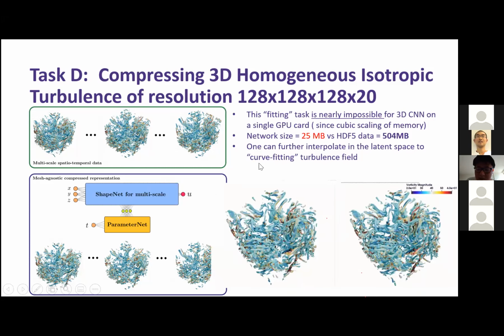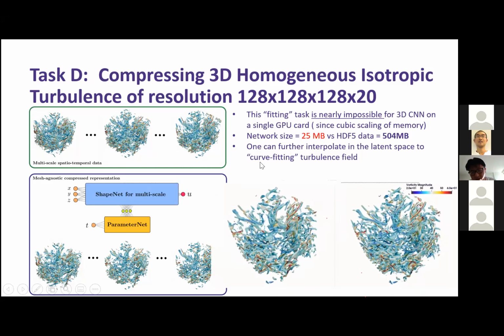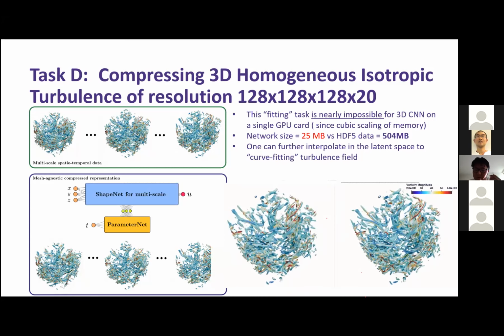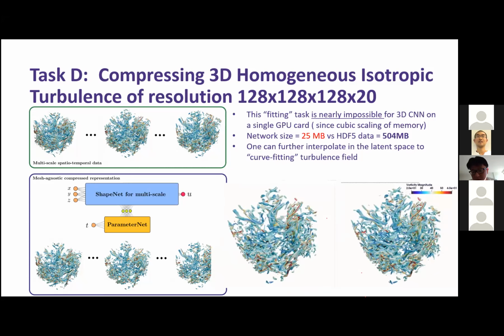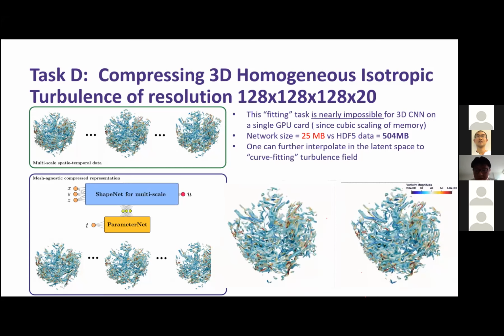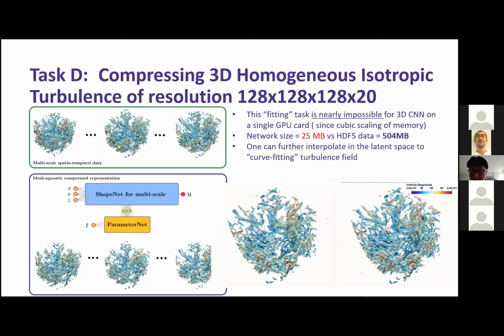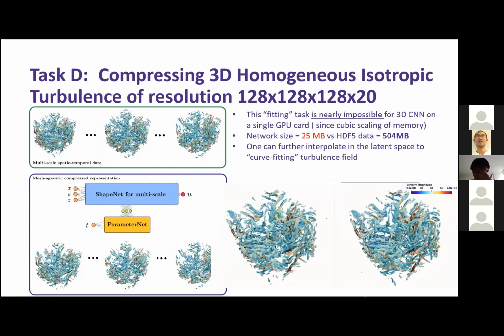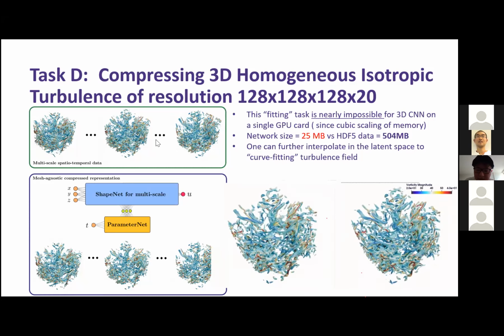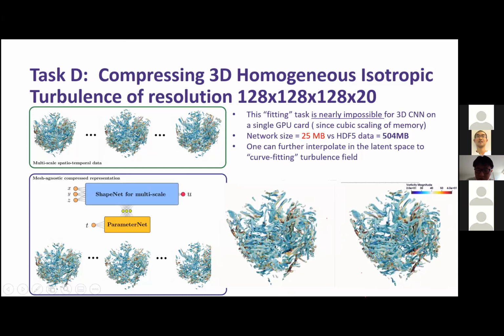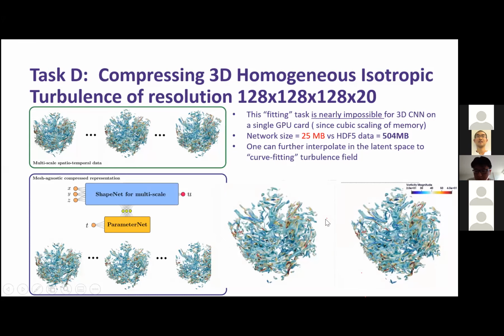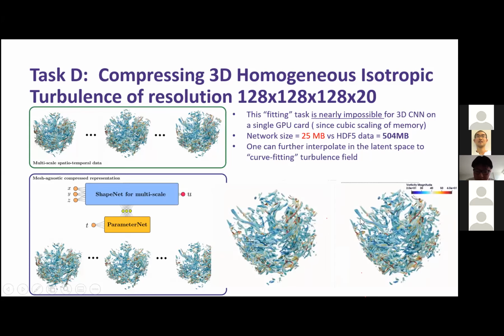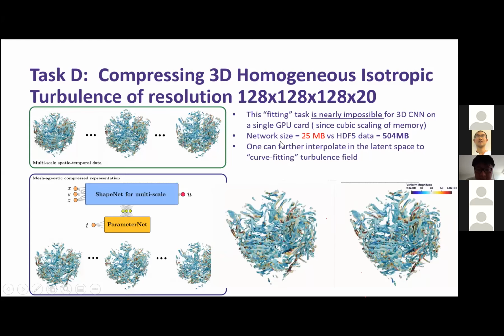And next, I want to have a more challenging task. I want to compare the Q criterions, because it's a higher order derivative term. If I can fit this well, that means I did a good job. Then I colored with velocity magnitude, which is also a high order spatial quantity. As you can see, the left is the reconstruction, the right is ground truth. There are not many visual differences as far as I can see, so I would call it a success.